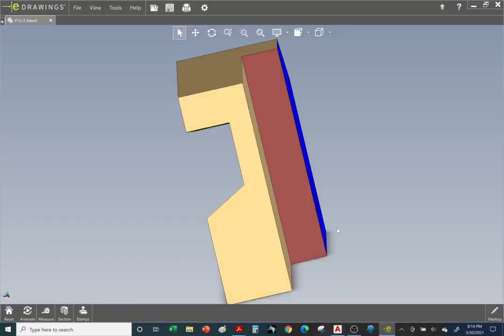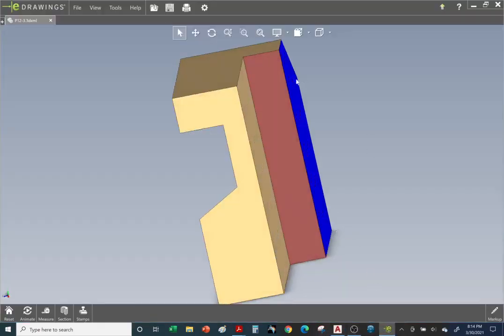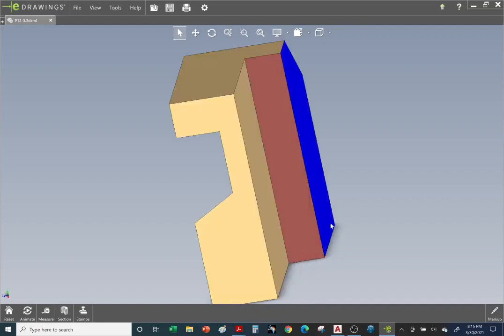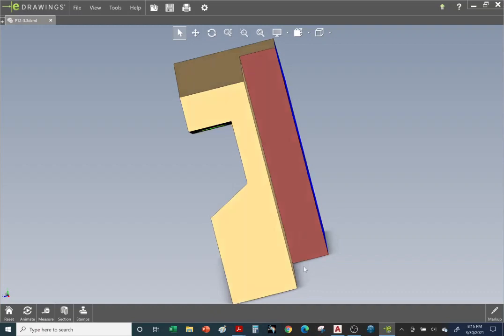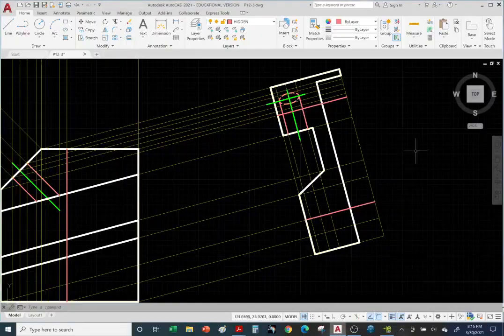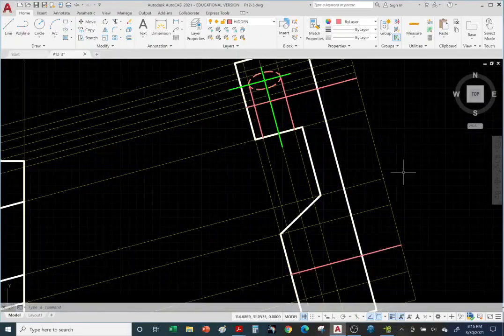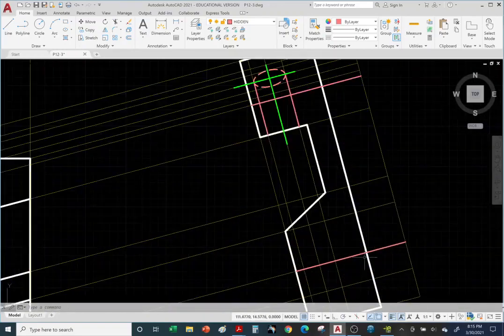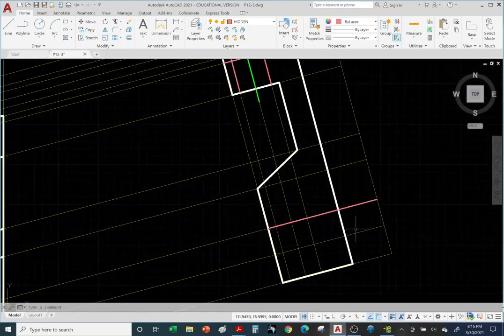Okay, so going back, we took care of the red hidden lines for the edge we can't see here and the one over here. So you can see the object line is slightly below the red hidden line we just drew down here. So we need this object line and this one. All right, so let's go back. Okay, so here's the red hidden line. So our object line actually starts here, not at the bottom. Oh, let me zoom in. Okay, there it is. So now from down here, we're going to draw an object line from here, and then